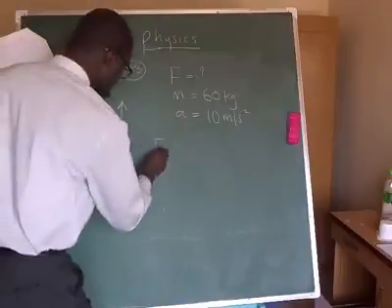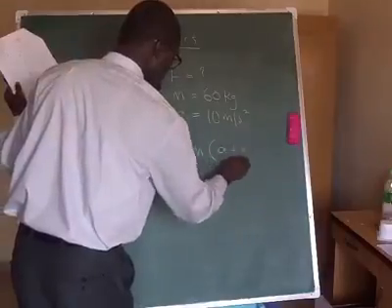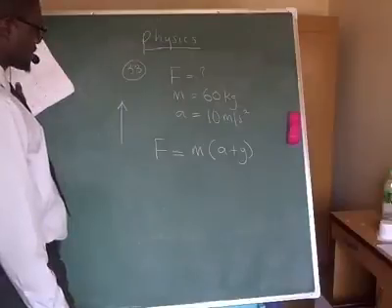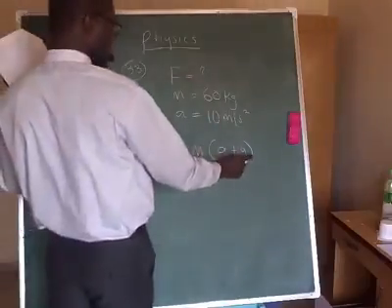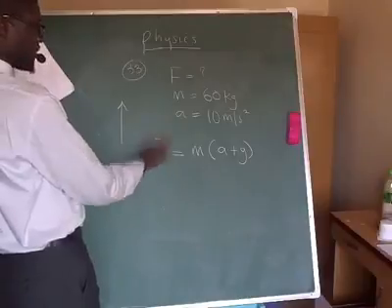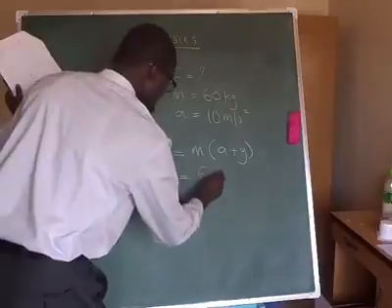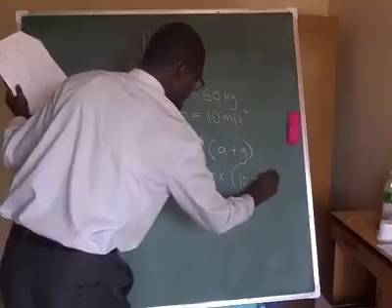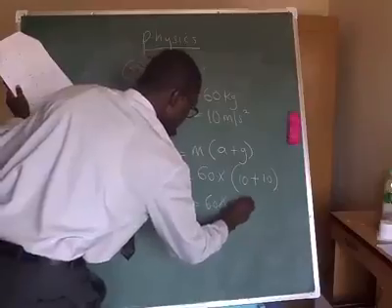So our formula will be force equal to mass times the acceleration plus acceleration due to gravity. Yes, because it is moving away from the gravity, it is moving up, so we have to add the acceleration due to gravity to give us the force. Meaning the force will be higher when it is going up. So our force will be equal to the mass, 60, multiplied by our acceleration, 10, plus the acceleration due to gravity, which is also 10. So I have 60 multiplied by 20, which is